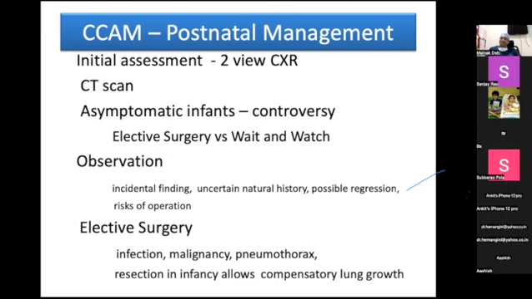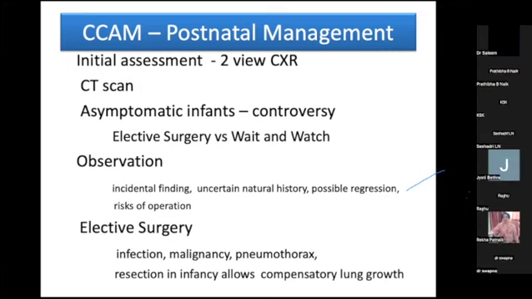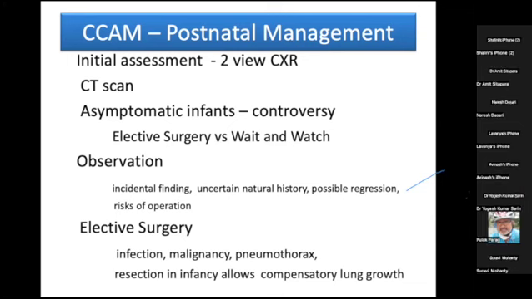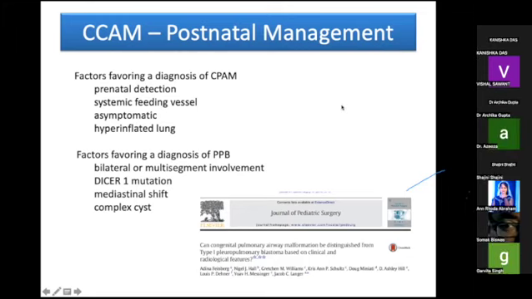And malignancies, both bronchoalveolar carcinoma and more commonly pleuropulmonary blastomas, have been documented in association with CCAM. But the risks are actually not that high as we had previously thought. So, a very interesting paper was published in 2016 in the Journal of Pediatric Surgery, and they put forward a few